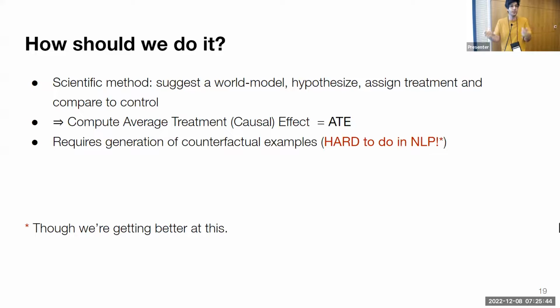We are getting really better at this. If there is something positive we can take from the recent advancements of large language models, it's that generating real counterfactual examples on abstract concepts or doing some style transfer is becoming easier and maybe more straightforward. So in the future, as we become better at this, this might allow us to answer causal questions about our models in a quite straightforward way.